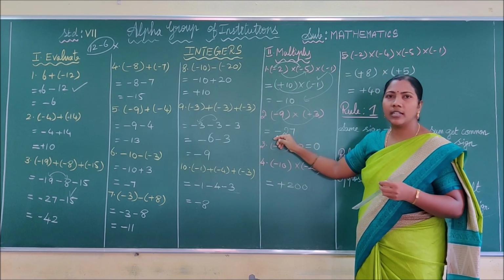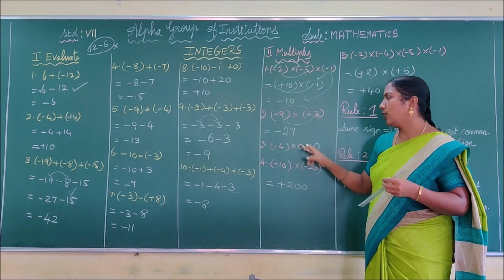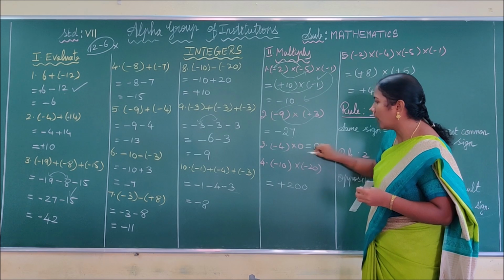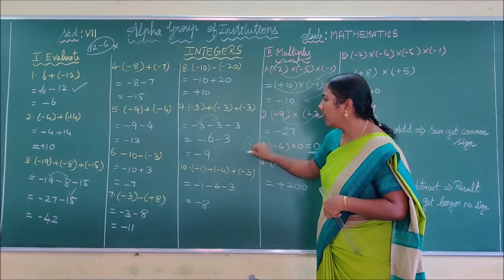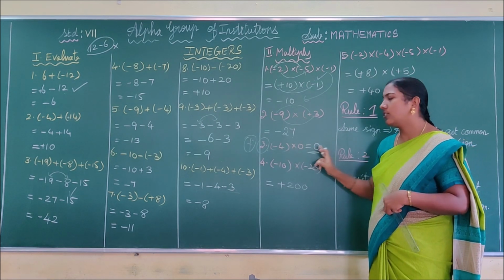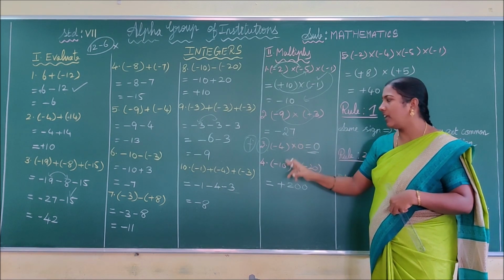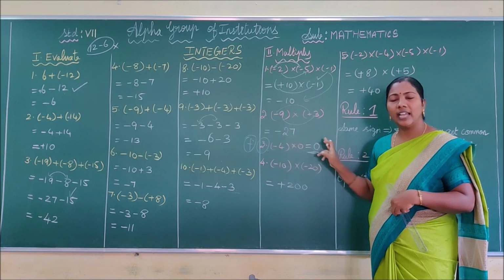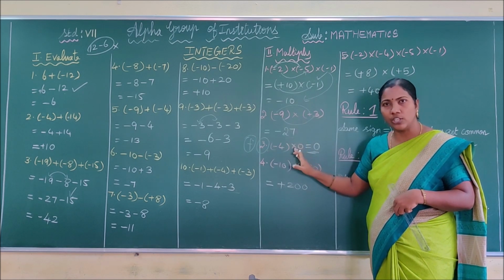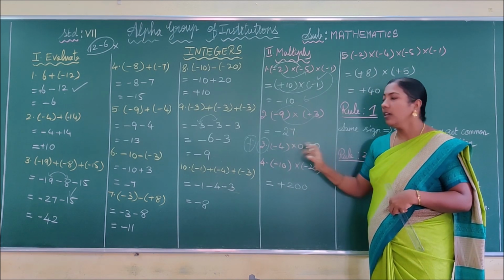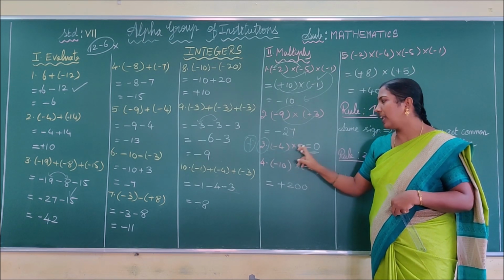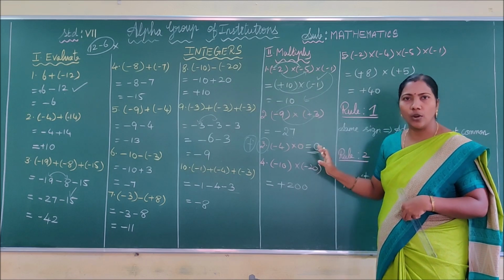Minus into plus, minus. Again and again I am insisting, children, if you multiply any number with 0, you get the answer 0 only. It's clear, children. It is very very important. Remember this. If you multiply any number by 0, the answer is 0 only. Still there are some students who add 0 with minus 4 and write the answer as minus 4. It's wrong, children. Whether 4 or 4 lakh or 4,000 or 4 million, whatever number you multiply with 0, the answer is 0 only. It's clear?